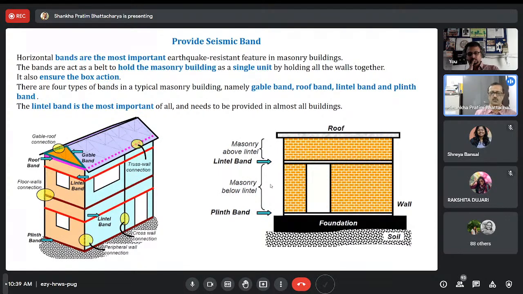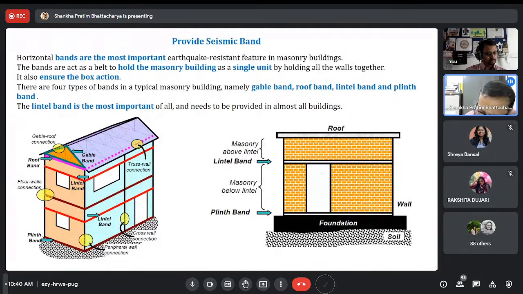somehow we give the plinth band or the plinth beam. Or maybe that is under the ground and there is an enlargement of the foundations and all. They can take care of that. It is also having some kind of roof structure which is RCC that can also take care of some kind of unification. But if you go with a split lintel, you see, sometimes we just curtail our cost